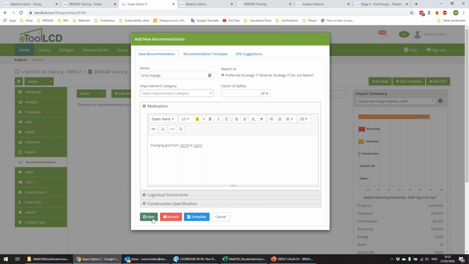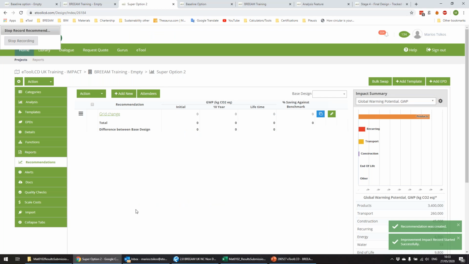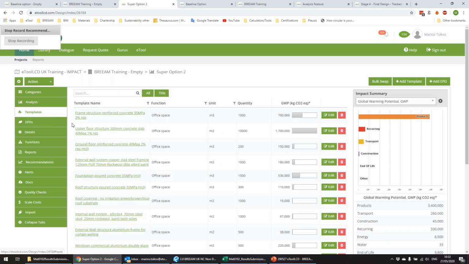So you can click on record. Sorry, that is a materials improvement, which will always be the case in BREEAM 2018 because it's a material-only LCA. We're not looking into the operational energy. If I hit record, the software has started to keep track of all the changes I'm doing. So if I go back to the templates